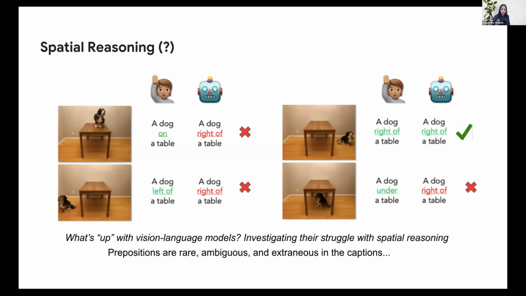This paper in particular makes the hypothesis that in the training datasets, prepositions are rare and ambiguous, and the captions provided with images don't have enough detail for these models to be able to spatially reason. Then they propose fixes along the lines of generating a better dataset, or having loss objectives that can handle these examples better, such as having contrastive or hard negative examples and so on. So that's an interesting set of challenges that these models face.